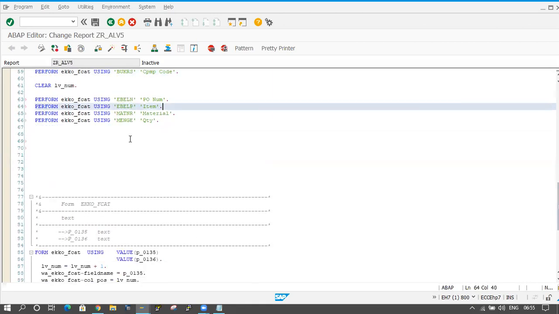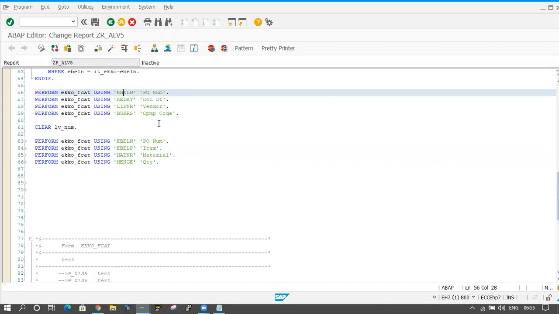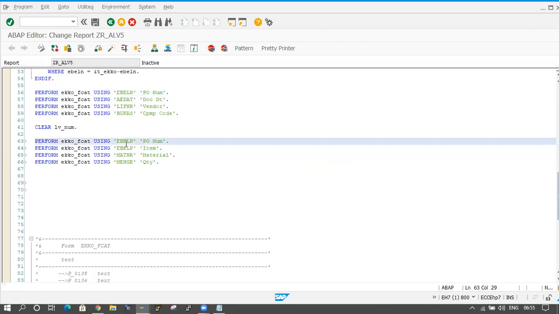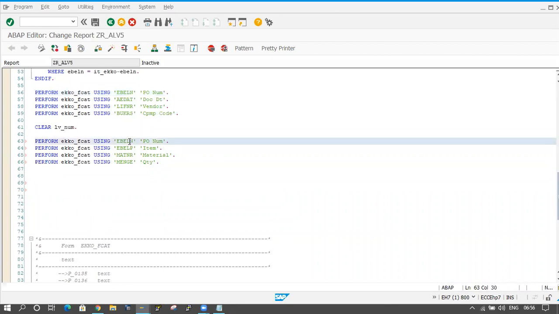Okay, and one more thing, here also you are using EBELN, and here also you are using EBELN. Okay, here and here both are EBELNs only. Then how can the system get to know? Okay, this information is coming from the EKKO internal table, and this information is coming from the EKPO internal table. How can the system get to know here?